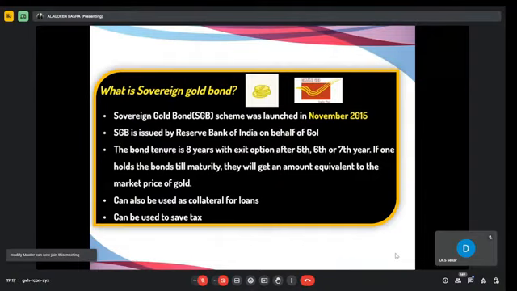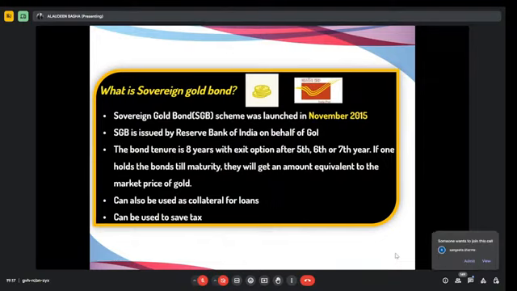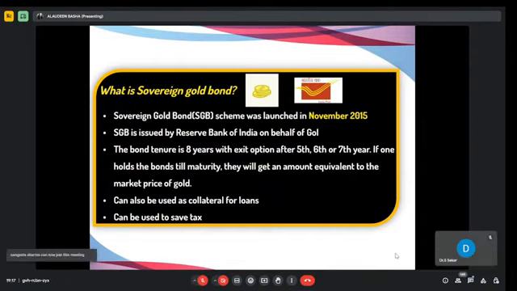It is issued by the RBI. Maximum tenure period is 8 years. You can just fix it. The main advantage of this investment is you can get collateral by using this SGB. You can put it as collateral and get a loan against the SGB. Also it can be useful for saving your tax. So these are the